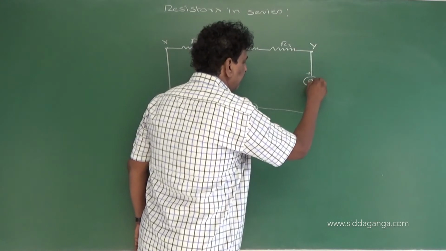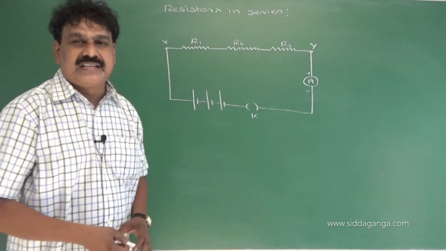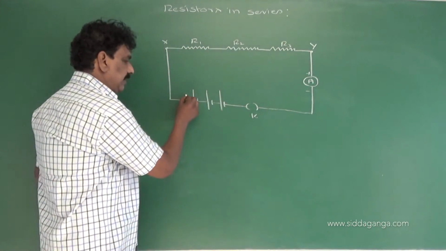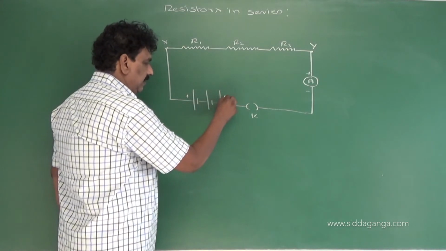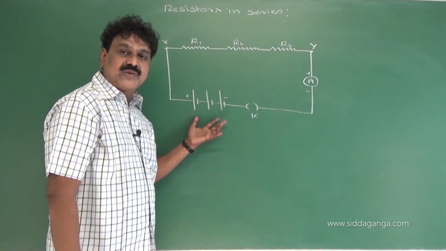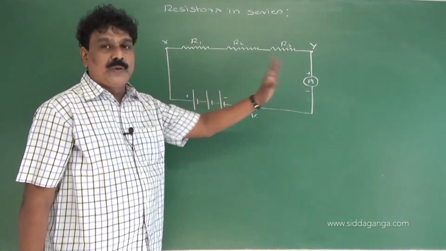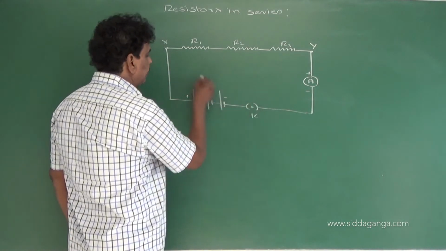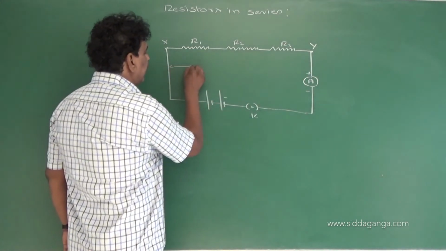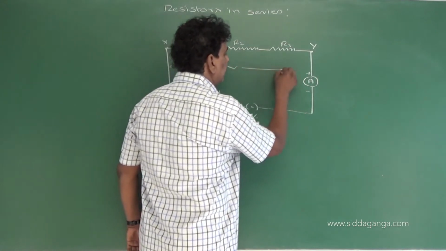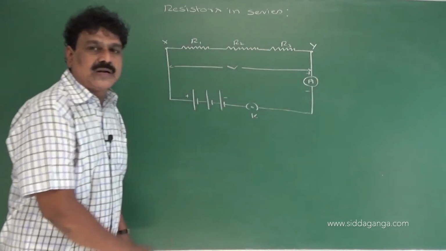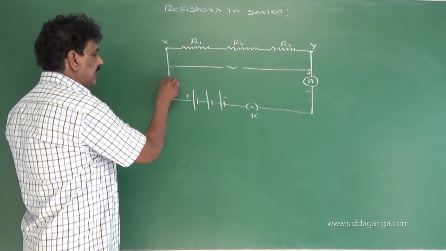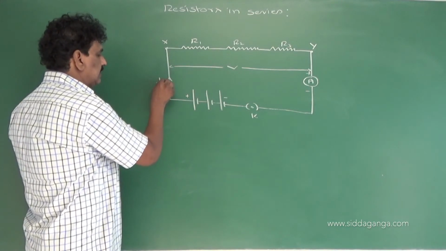So an ammeter is a device. It is always connected in series with the circuit, that is end to end connection. This is a battery that provides a potential difference of V between the two ends of the conductor. When the key is closed, a potential difference V is established between the two ends. That is the total potential difference across the combination, and a current I flows through the circuit and through